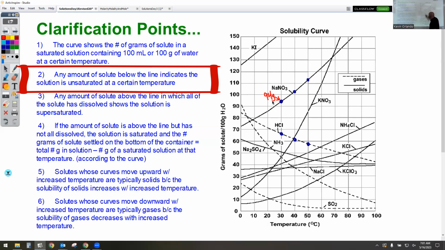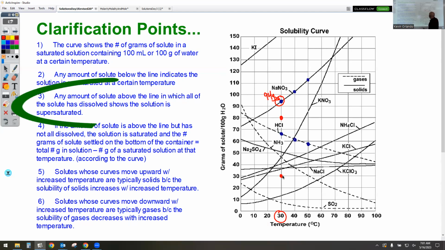Now, at any point, if I am at 30 degrees and I have less than 94 grams, so let's say I have 80 grams, this would be considered an unsaturated solution of sodium nitrate because 80 grams falls below this saturation point of 94 grams. If I had 30 grams of it, also unsaturated, anything down here would be considered an unsaturated solution of sodium